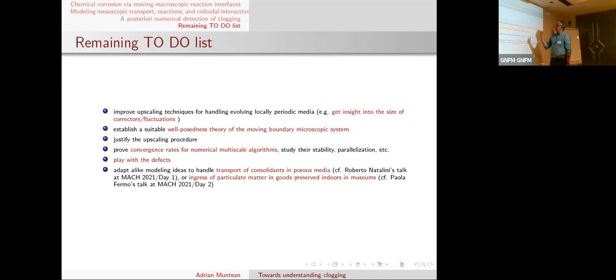Second of all, even if they grow slowly, you can do this formally. This formal asymptotic is not rigorous. But what you can do, you can prove rigorously that what you obtain is a good model. That you can do. You still have to justify that the way you got there is the right way. Justify the upscaling procedure, but I didn't do that. You need to really understand the